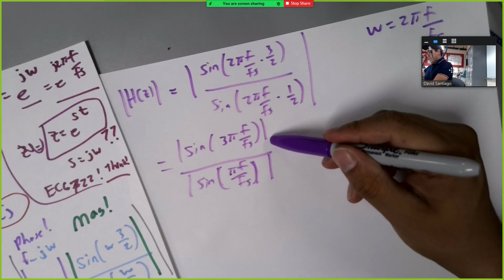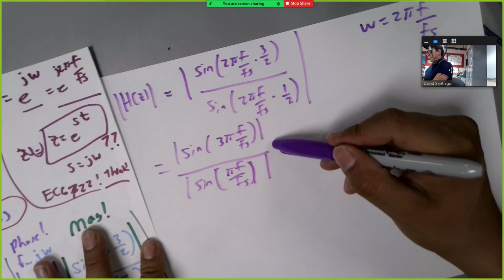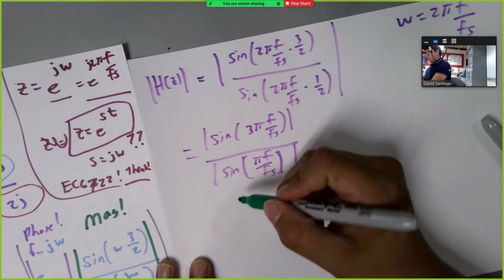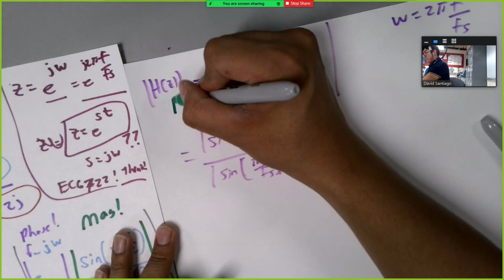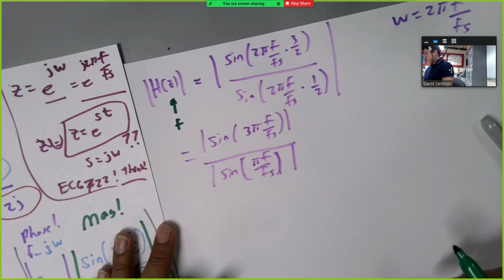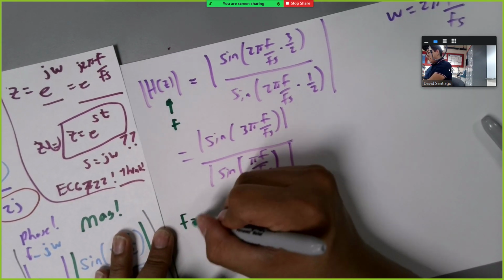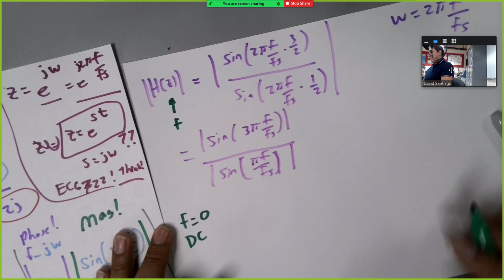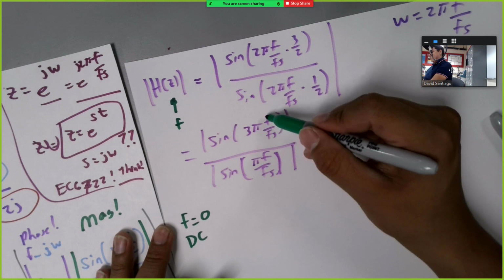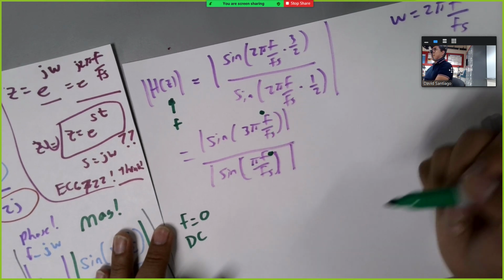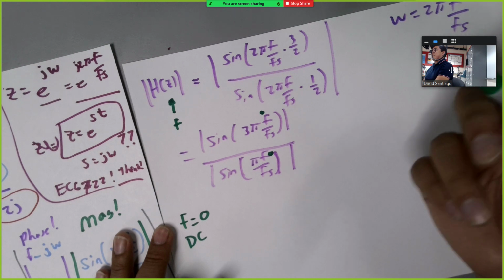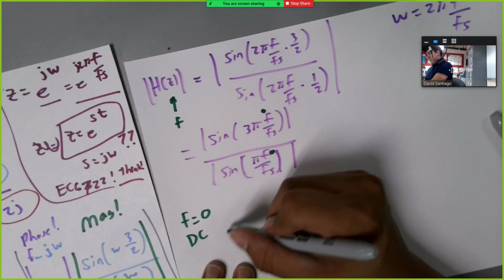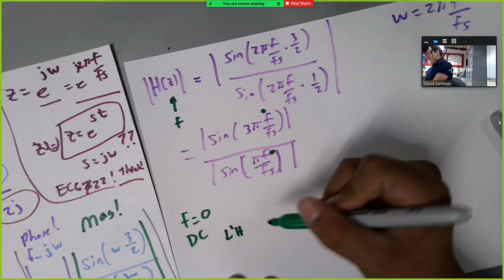So if you wanted to know the value at DC, this right here becomes H of f, okay? So if f is equal to 0, we're at DC, looking at a DC frequency response. If we put a 0 here, that just makes 0 divided by 0, right? Then we have some weird case where we just can't do anything. So now we have to use L'Hopital's rule,